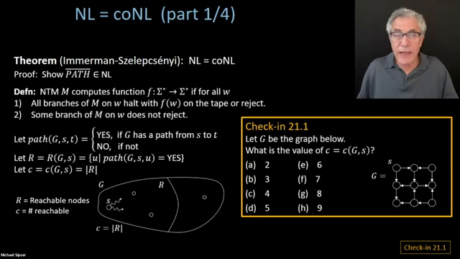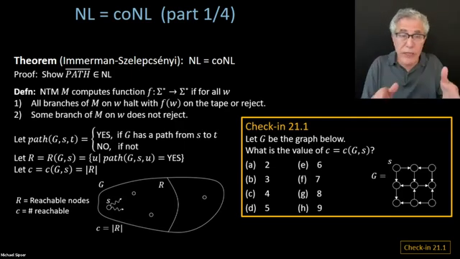Yeah, the right answer is in fact E, which is 6. There are 6 reachable nodes in this graph. And that's what the value C is supposed to tell you: how many nodes can I get to from S? Okay, and what I'm saying is that if I can calculate that in the non-deterministic function sense, so if some branches can get that answer,